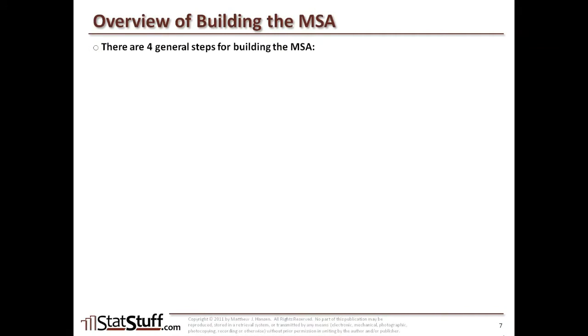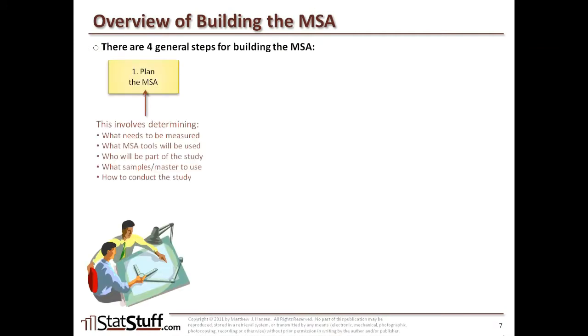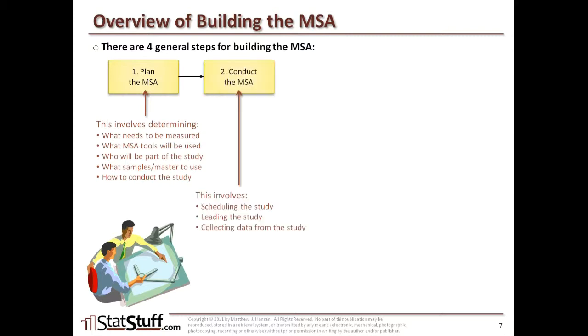But for now, let's review again the 4 general steps for building an MSA. The 4 general steps we're going to use for building the MSA begin with planning the MSA. That usually involves determining what needs to be measured, what MSA tools are going to be used during the MSA, and who's going to be part of the study itself, what samples or masters are we going to use for testing the accuracy, and how are we going to conduct the actual study itself. The next step is to actually conduct the MSA. That's going to involve scheduling the study, leading the study itself, and actually running it, and then collecting the data